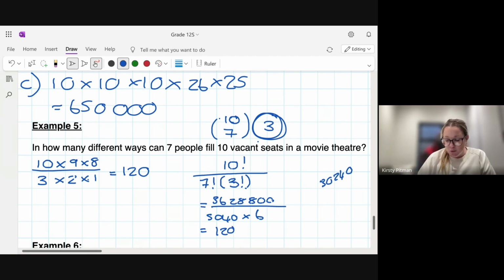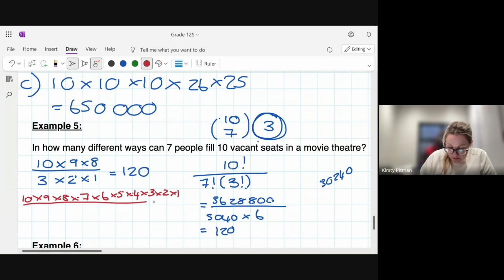Okay, let's look at the maths. Why are those two the same? Why is it that my quick way of doing it got the same answer as the other way? That's because if we look at what 10 factorial is, in other words, you have 10 movie seats, right? 1, 2, 3, 4, 5, 6, 7, 8, 9, 10. In those 10 options, on the top, you've got 10 times 9 times 8 times 7 times 6 times 5 times 4 times 3 times 2 times 1.